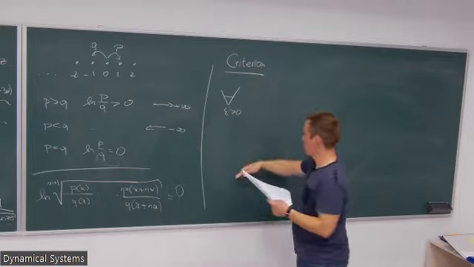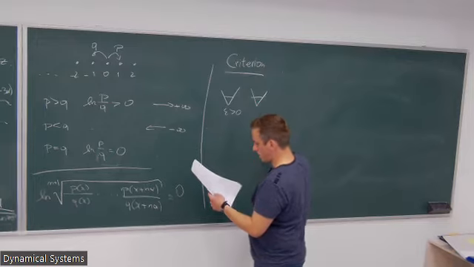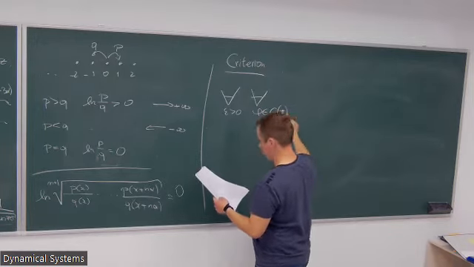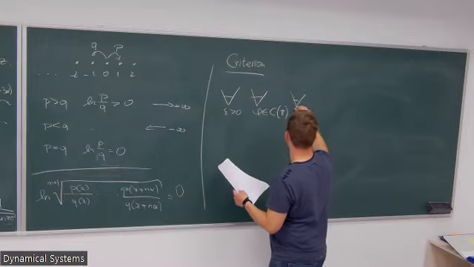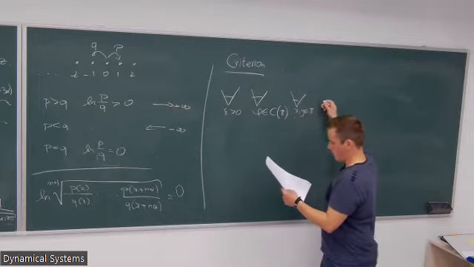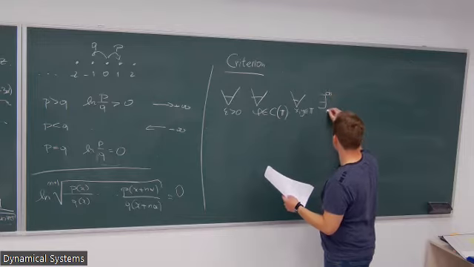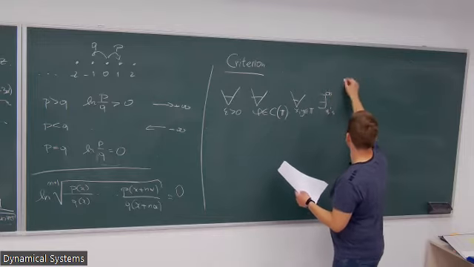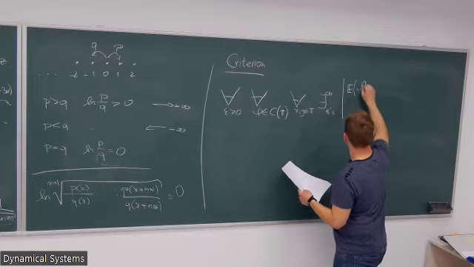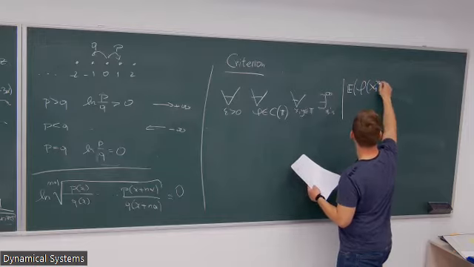If what I'm writing is true, then uniqueness of the stationary distribution follows. For a continuous function, there exist infinitely many n such that the average, and here I have the process starting from x,